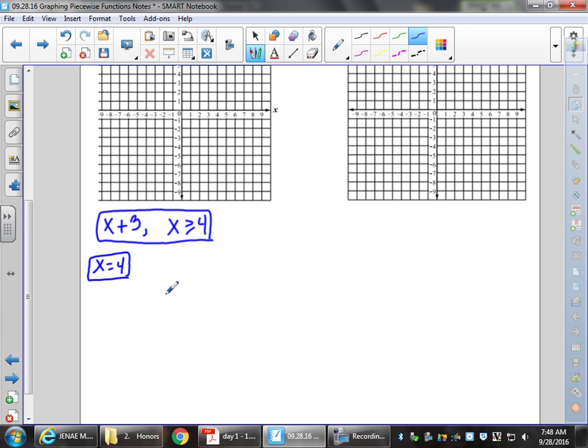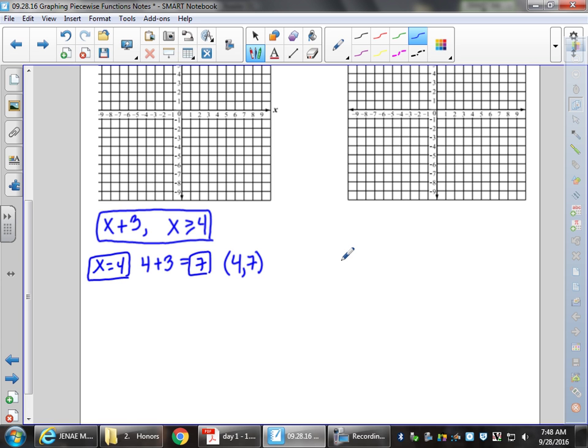What would this expression become? 4 plus 3 equals 7. Okay? What ordered pair do I get from that? 4 comma 7. Very good. Now this is only 1 point. We said we need how many points? 2. So,